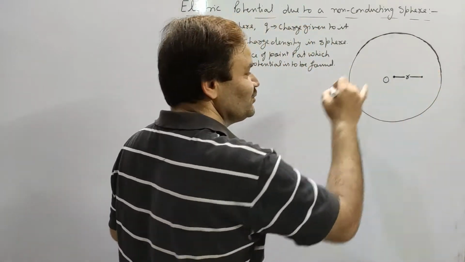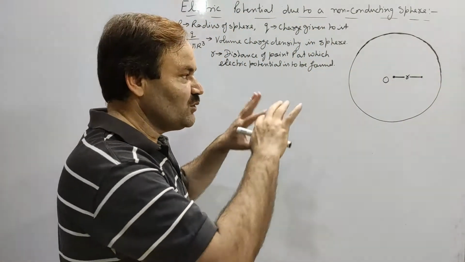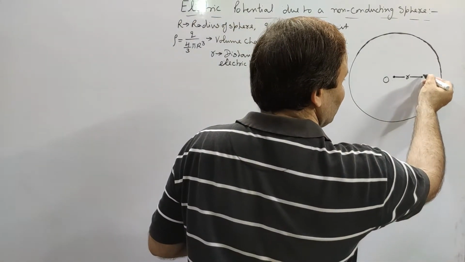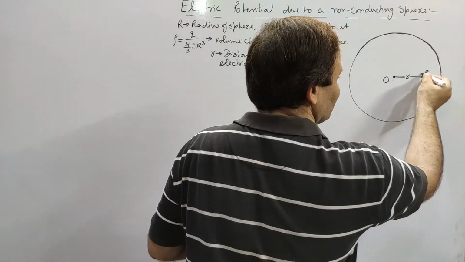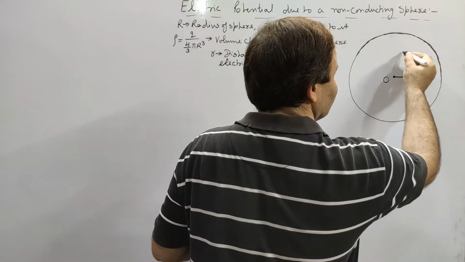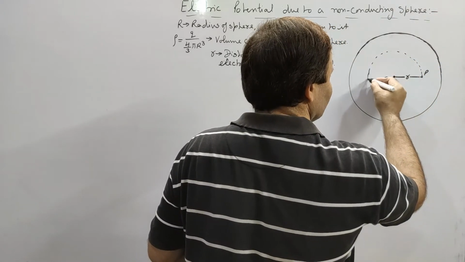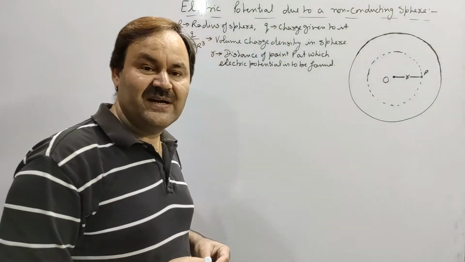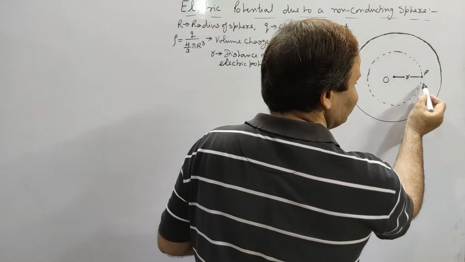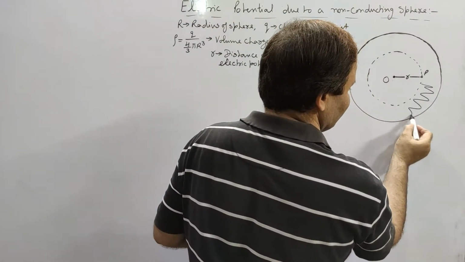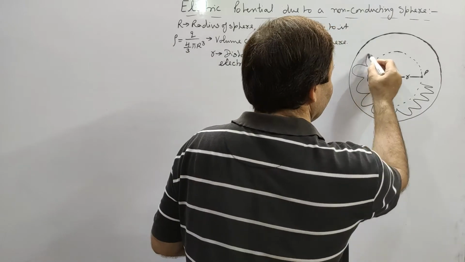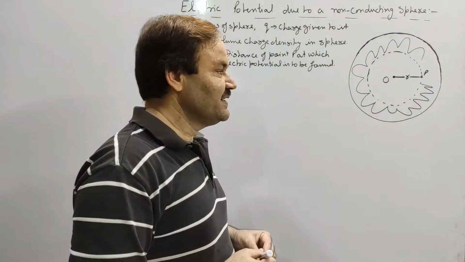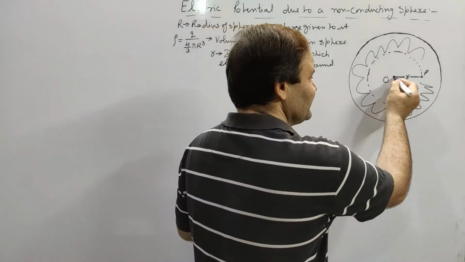Since the charge Q is uniformly distributed throughout the volume of this sphere, point P at which electric potential is to be found will lie on the surface of a sphere of radius small r, and it will be lying within the annular region of internal radius r and external radius